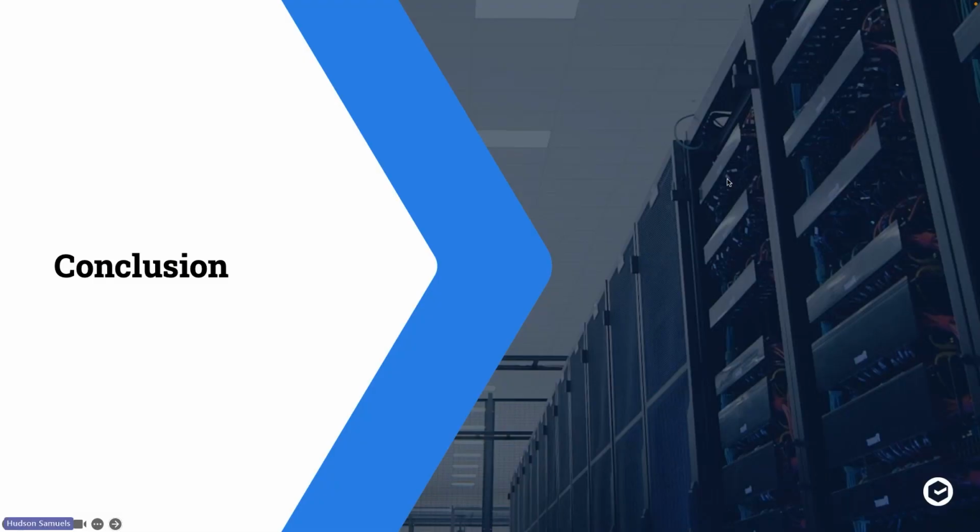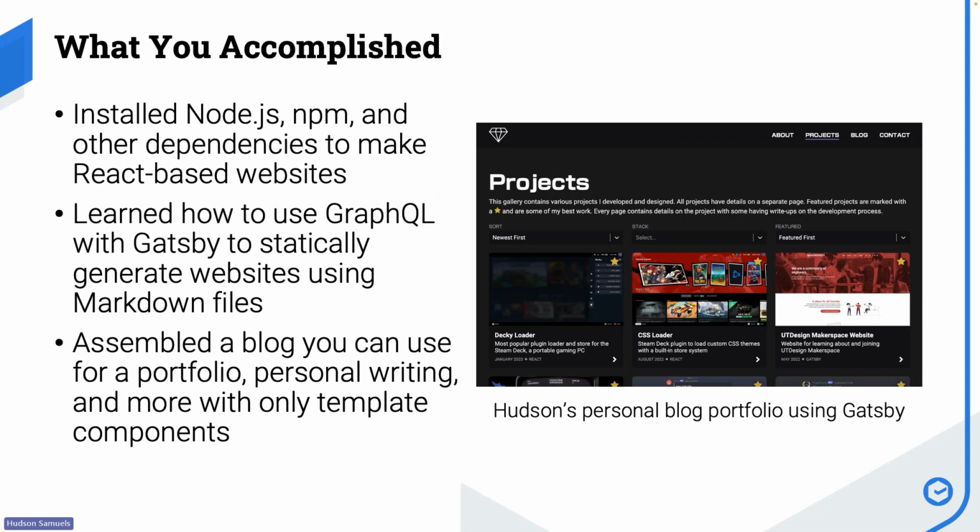So in conclusion, what we've worked on today, we installed Node.js, which is that JavaScript server-side engine. We've installed NPM, which allows us to manage our packages, so things like Gatsby, React, and then we've installed other dependencies to make those React-based websites. We learned how to use GraphQL with Gatsby to statically generate websites using our markdown files. And then we've assembled a blog that you can really use for whatever you'd like if you expand upon it